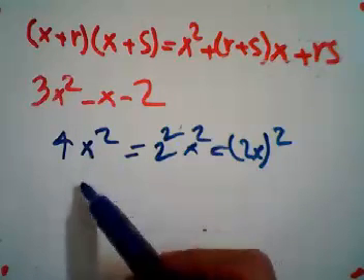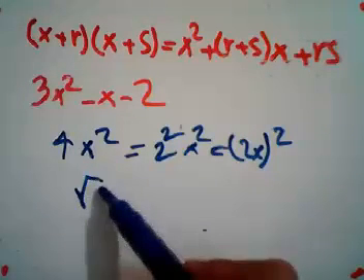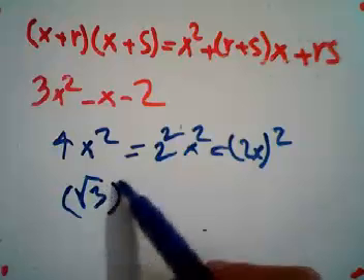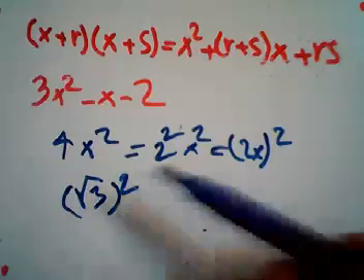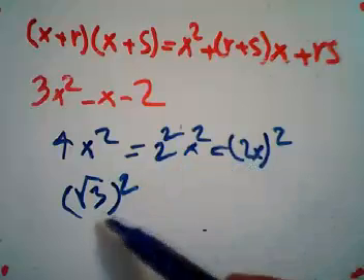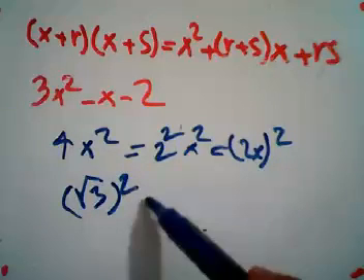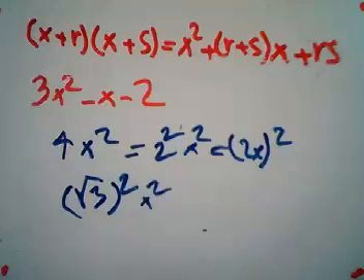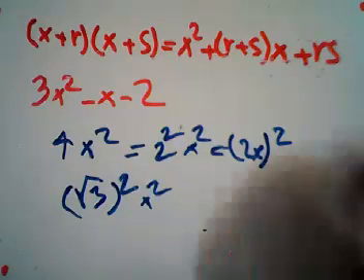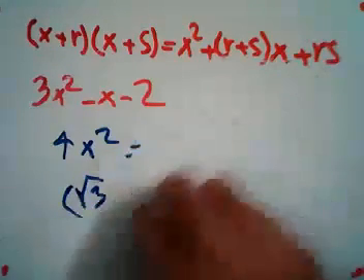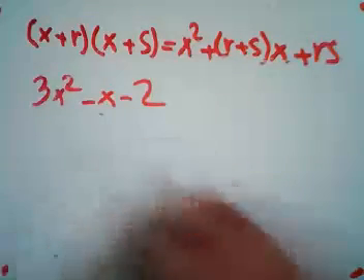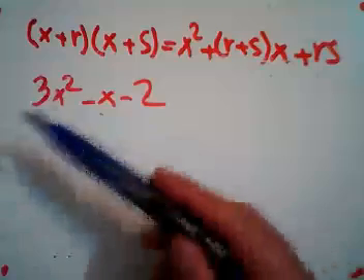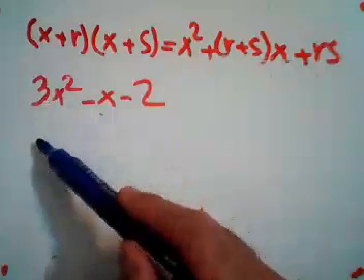because 3 is the square root of 3, and writing it this way doesn't help us. So here we could have 3 squared here,